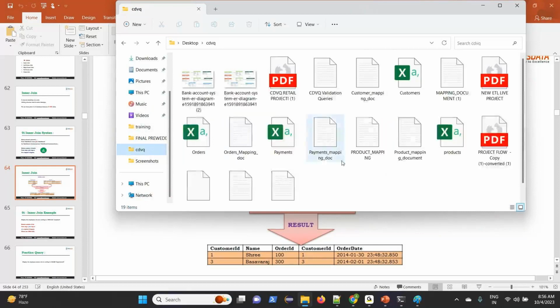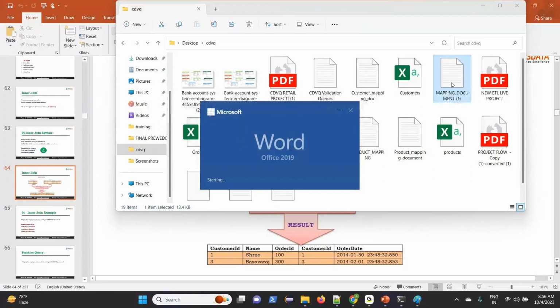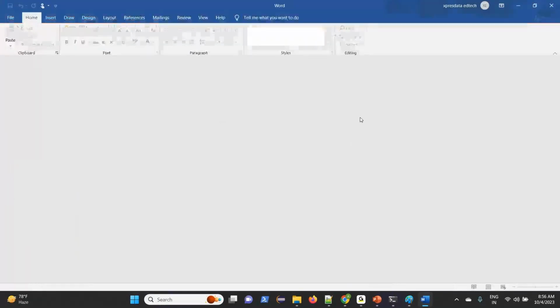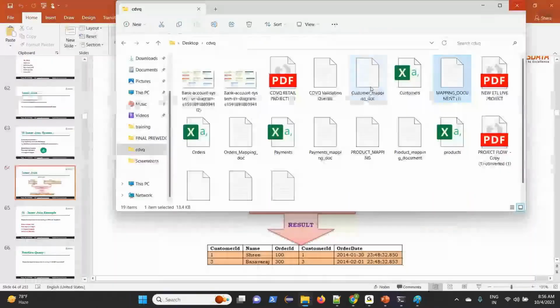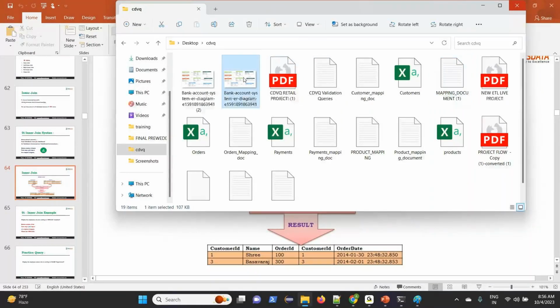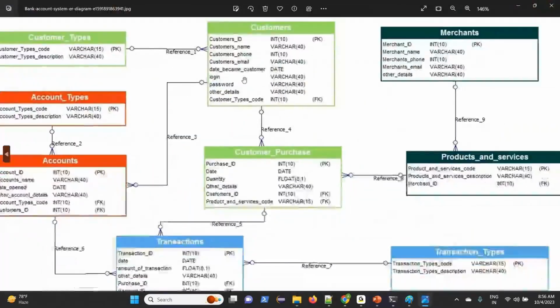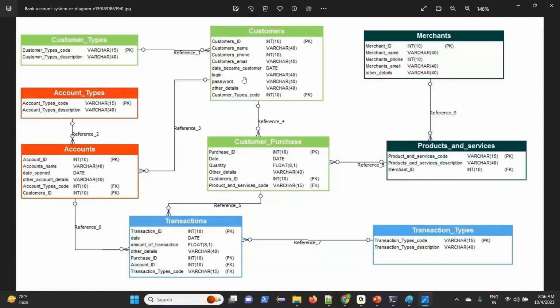One second. Mapping document. So now let's see count validation retail project. Let's suppose they will give you something like this in the project. Now how can you understand this?